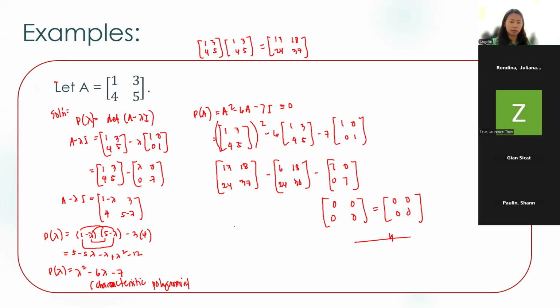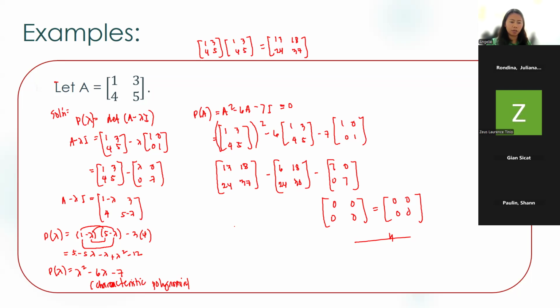So, we have 1 minus lambda times 5 minus lambda, minus 3 times 4. So, we multiply these two polynomials. So, we have this